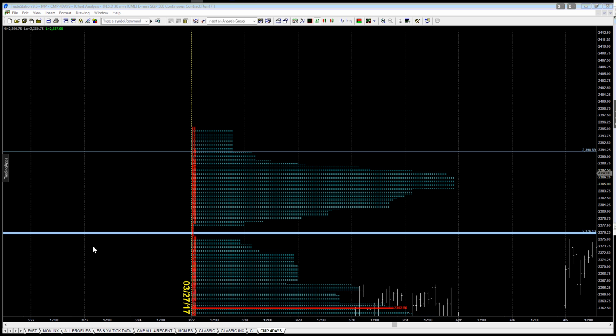We're looking at a composite market profile from the 27th of March. And we've mentioned in the previous videos that we've got an area of repair down here around 2376. We haven't got there yet. But we have consistently bounced off of this level at around 90 3/4, as we see an area here that is properly formed in terms of its lack of market activity. There's really been not much going on here